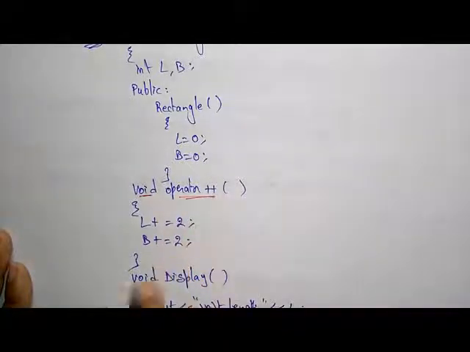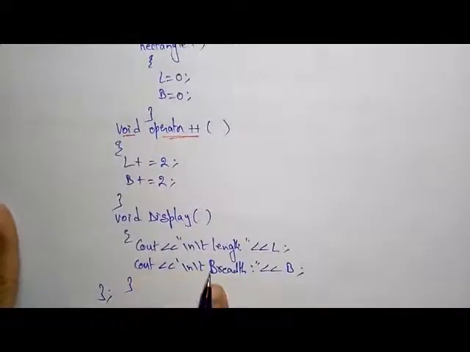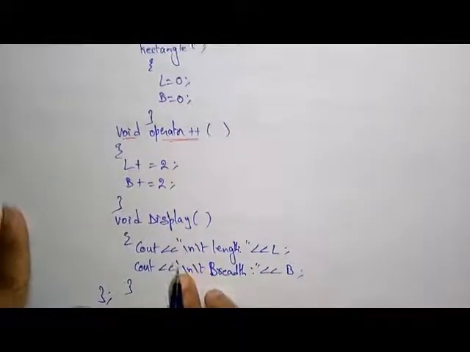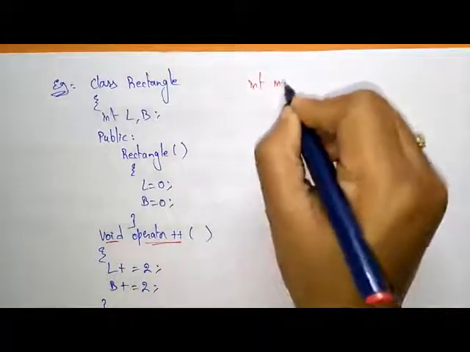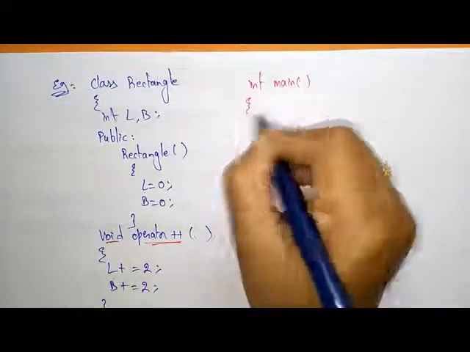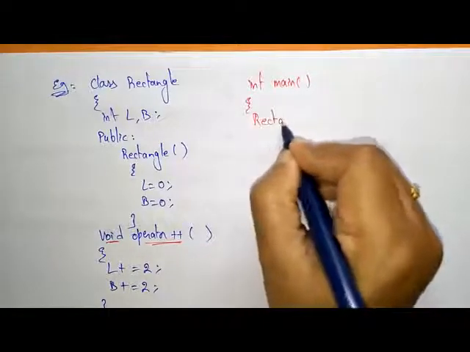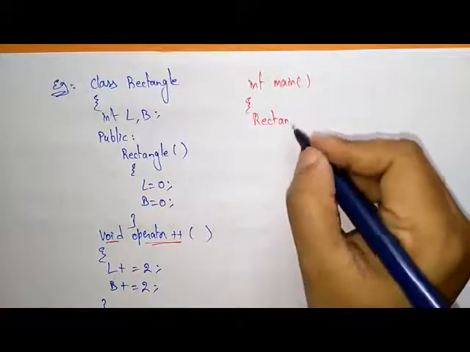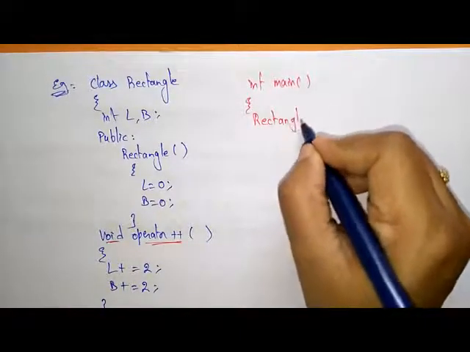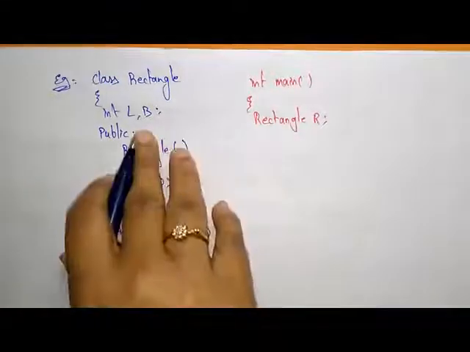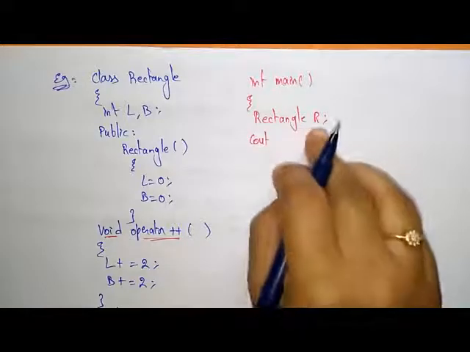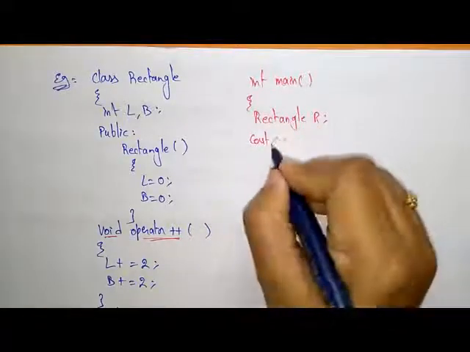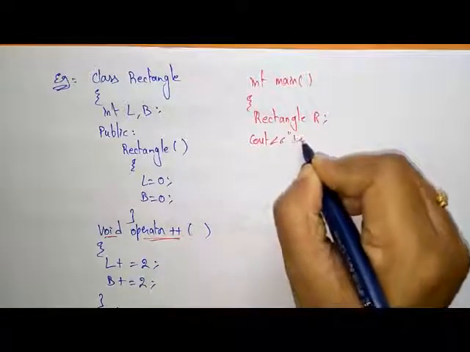For that I have declared some values, and for printing, this is the void display function. Now I'm writing the main program, I'm calling the int main function. Here I'm declaring the object for the class rectangle. R is the object for class rectangle. After creating the object, now I'm printing the length,